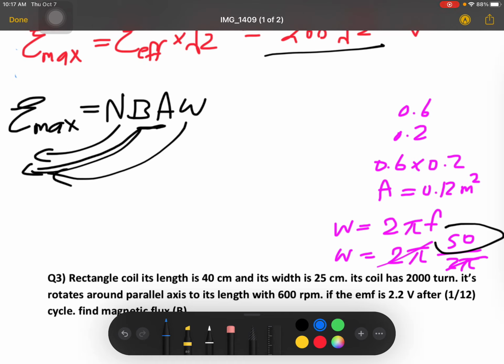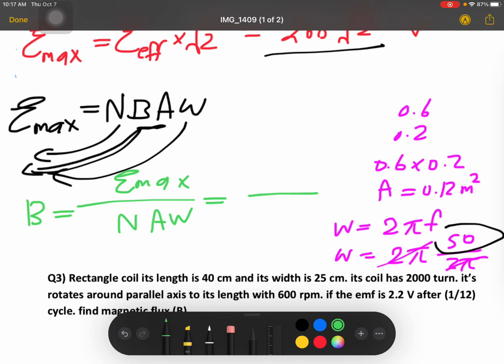So B will equal E max over N A omega, equal E max is 200 root 2, and the number of turns is 200, area is 0.12, and omega is 50, equal, on the calculator will give us,